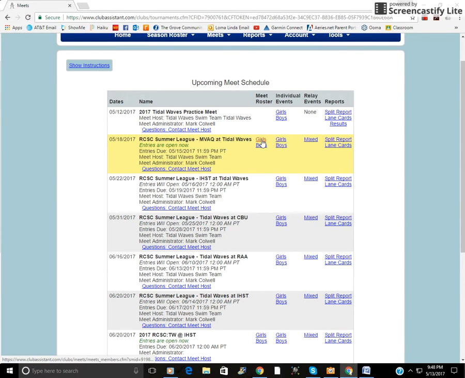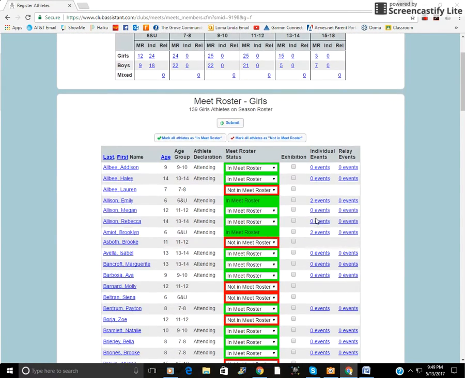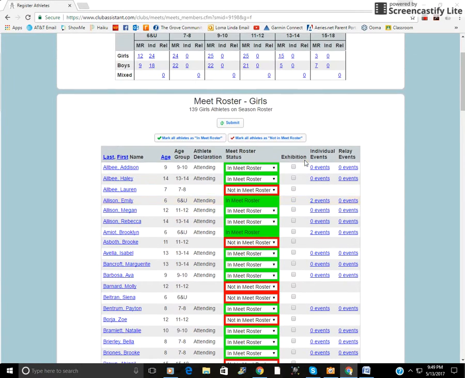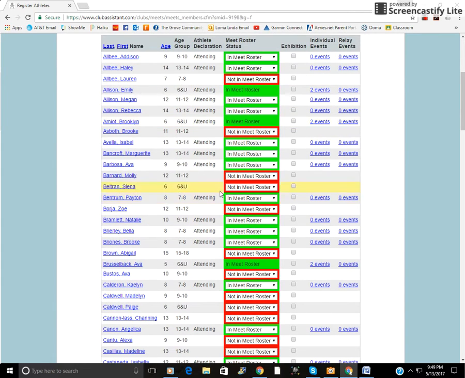The girls meet roster, if you click on that, what that's going to allow you to do is choose who goes in the meet roster and who is not in the meet roster. As you can see, they've been identified. If they are attending the meet and they declared that online through our system, then they are in the meet roster. If they are not attending, then they don't have anything listed there and they're not in the meet roster. So what that does is it makes sure that there isn't a kid listed on your lineup sheet that's not